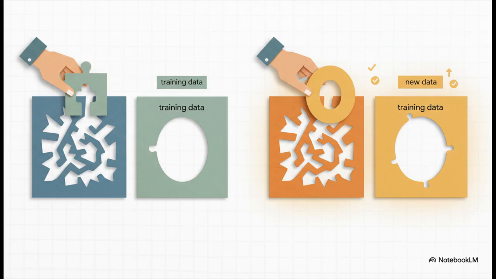And this brings us to the most important takeaway, really. Getting a perfect fit on your training data is a trap. The real goal is to find that sweet spot, that optimal model complexity. It's a model that actually accepts a little bit of error from both bias and variance, because that's what's going to give you the best possible performance out there in the real world.